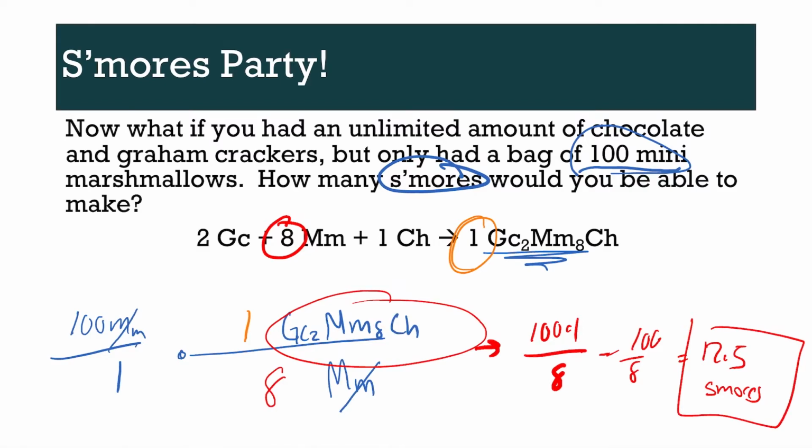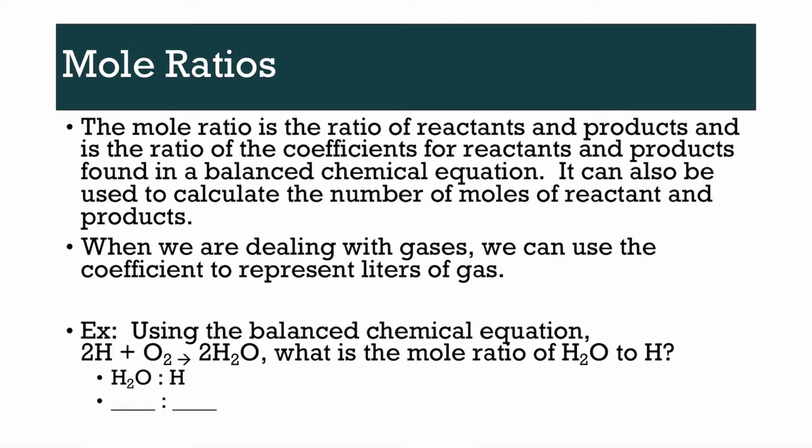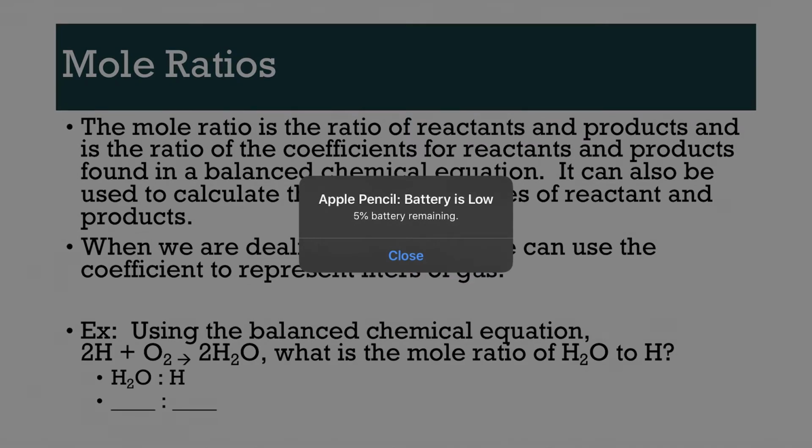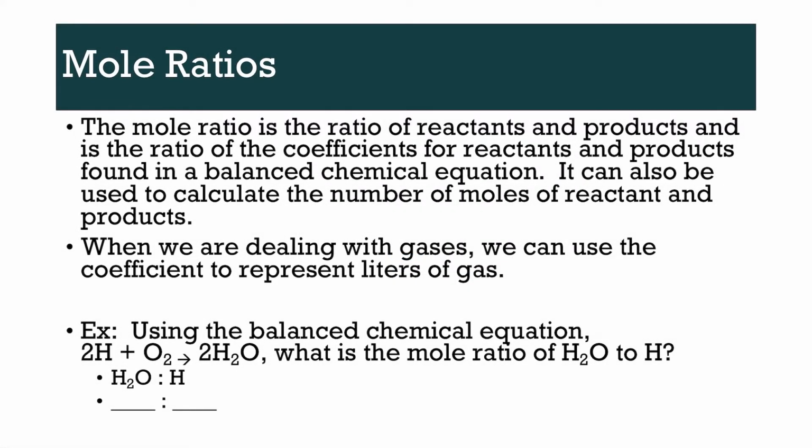And that's basically it. It's just thinking about a recipe. What do you have, and what would you need to make a specific amount? That is what a mole ratio is. Using the cooking example definitely helps a lot because you've made something in your life before. Even if it's a simple sandwich, you know if you're making two sandwiches, you need double the amount of stuff. Mole ratio is literally just doing that, but instead of marshmallows and chocolate,